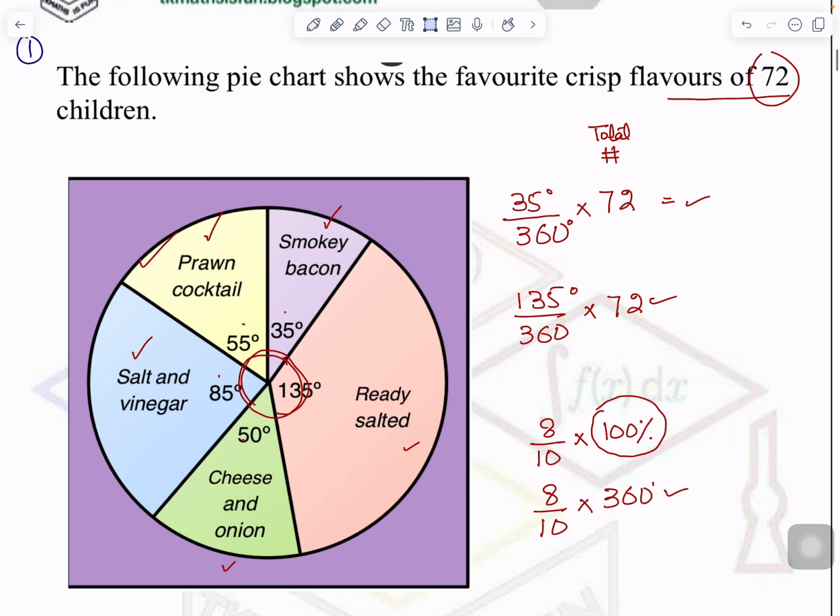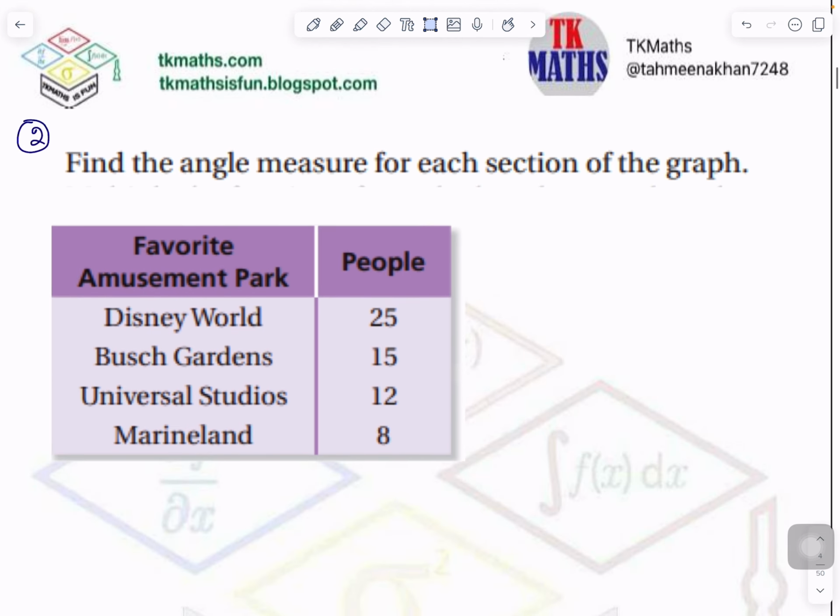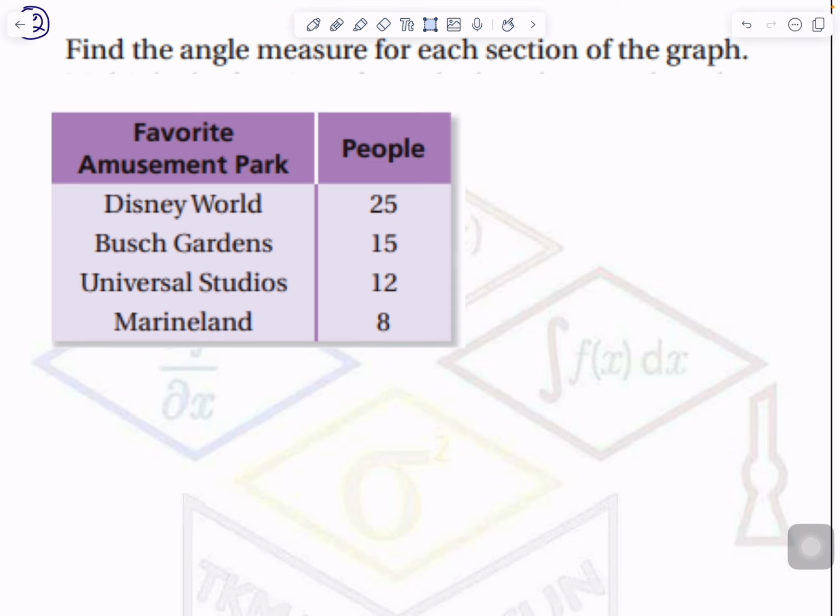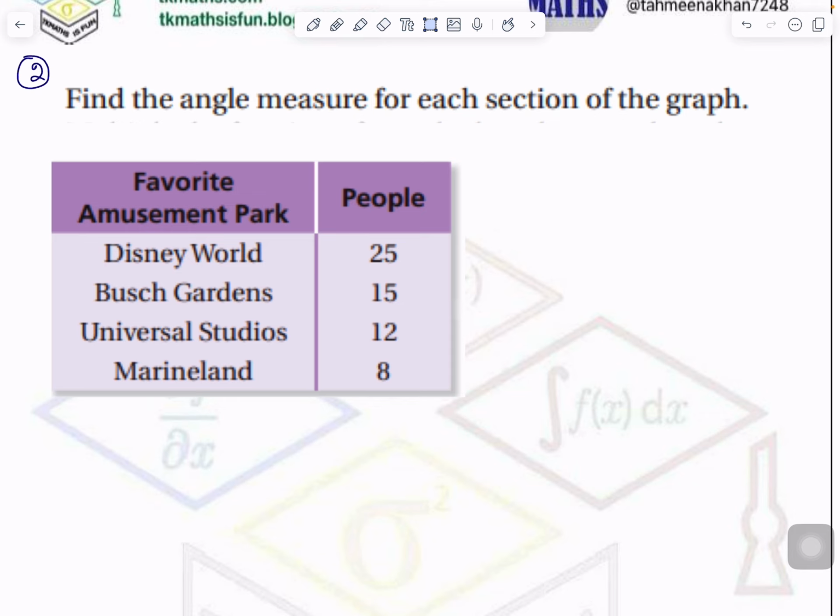Okay, now let's see the same question, not the same question, but the pie chart question can be given in this form. Now the pie chart is not here. What is here? People are given here, and what they're asking is, find out the angle which will be represented by this information in the pie chart. Now what will you do? Do you know the total number of people? Very easy, you can calculate here. Total number of people are 60 if you add up all of them, right? So total number of people are 60.